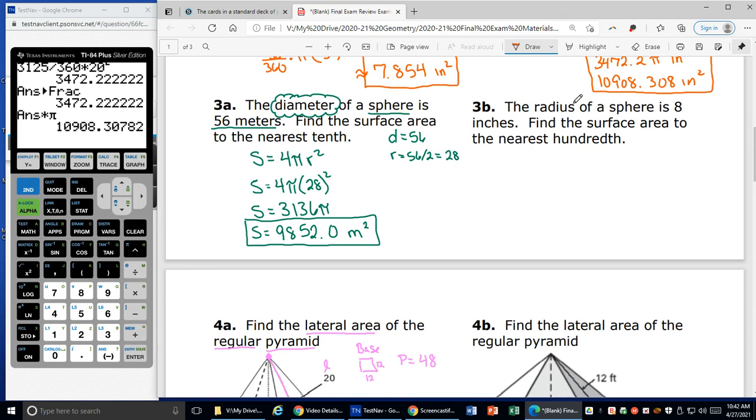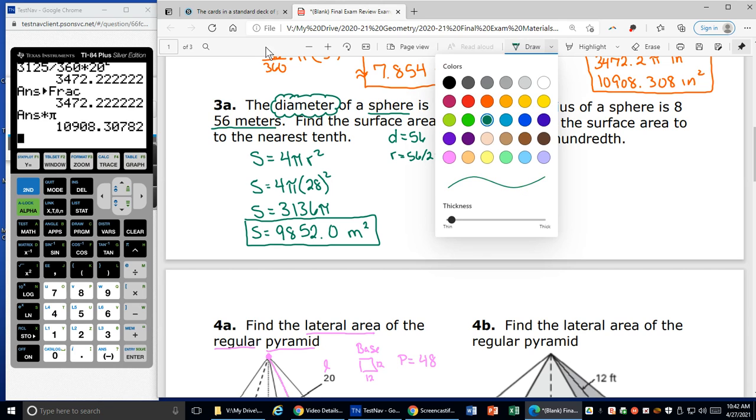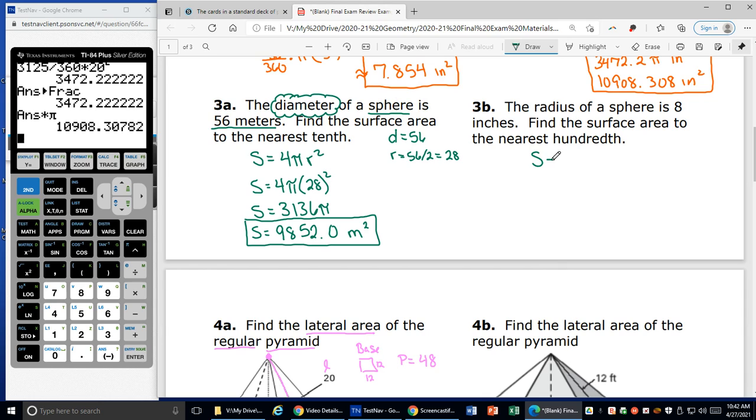The radius of a sphere is 8 inches. Find the surface area to the nearest hundredth. So surface area of a sphere, here I had to the nearest tenth. This is to the nearest hundredth, so that's just one more place. My surface area equals 4 pi r squared. So my surface area is 4 pi. My radius, they did give me my radius this time. It's 8. I don't have to figure out what that is like I did over here. So 4 times 8 squared